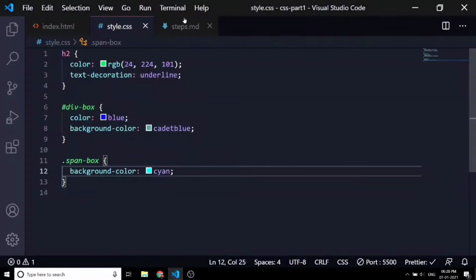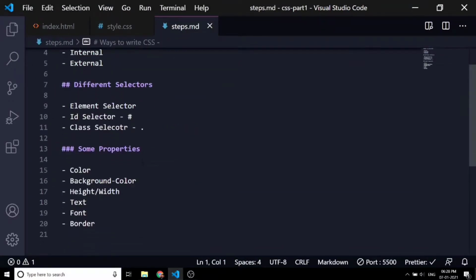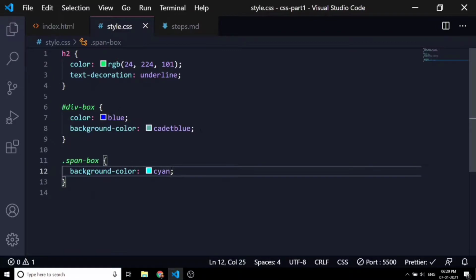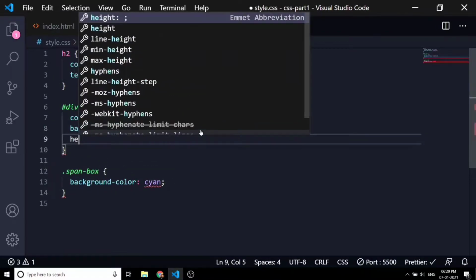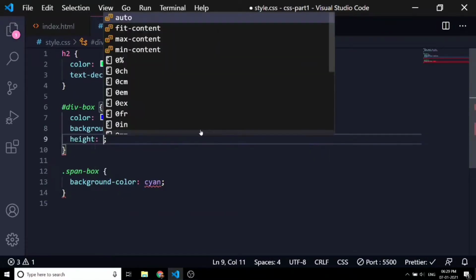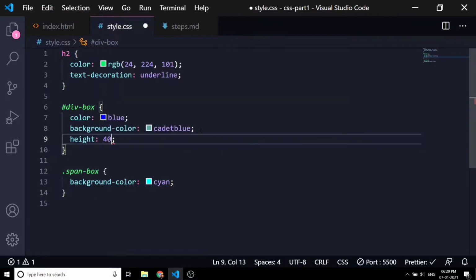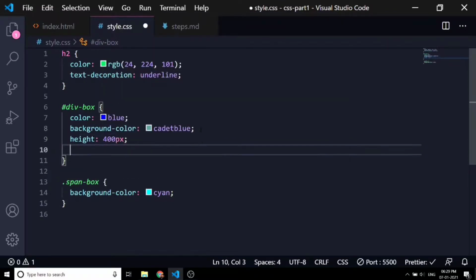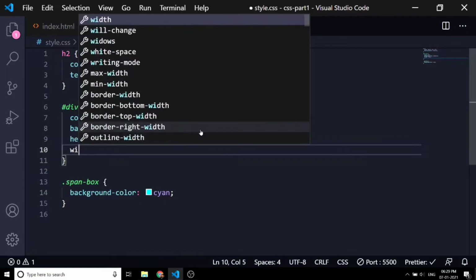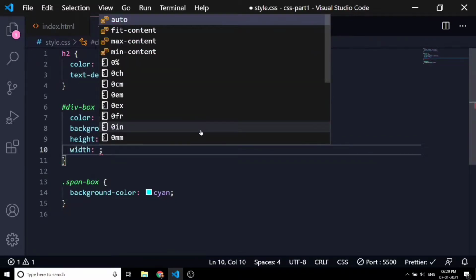Moving forward, the next one is height and width. With the help of height and width, you can give the dimensions of the div. For example, I set the height of the div to 400 pixels and the width of the div to 400 pixels.